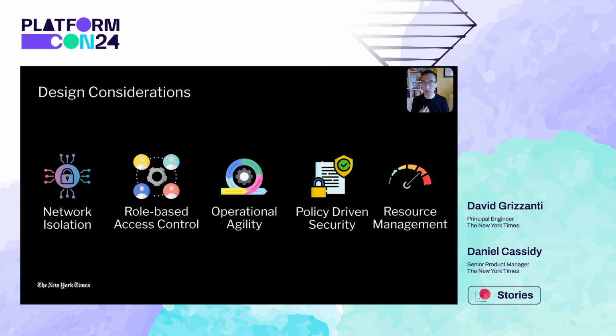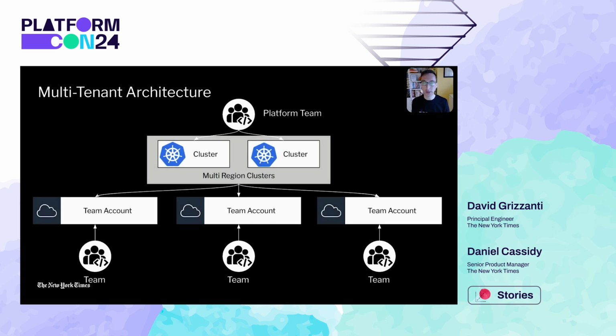For us, some of our design considerations were items like network isolation, role-based access control, operational agility, policy-driven security, and resource management. And when we took all these into account, we decided that multi-tenant clusters were the best fit for our needs. So we recognize that this approach can help us achieve our goals while also minimizing